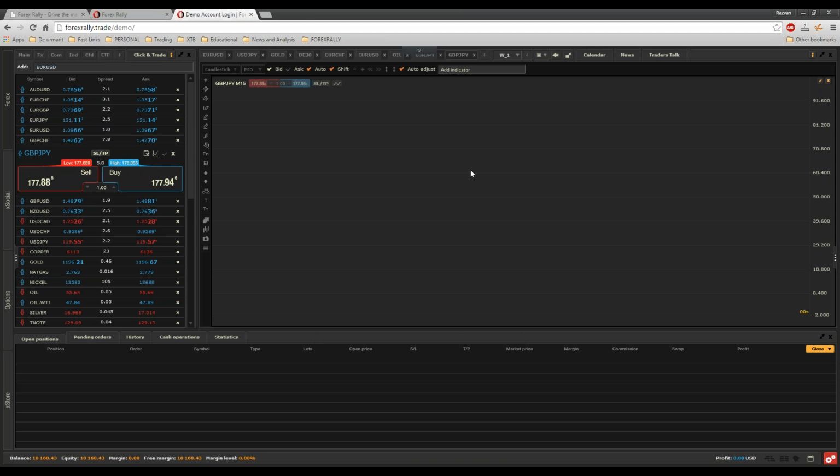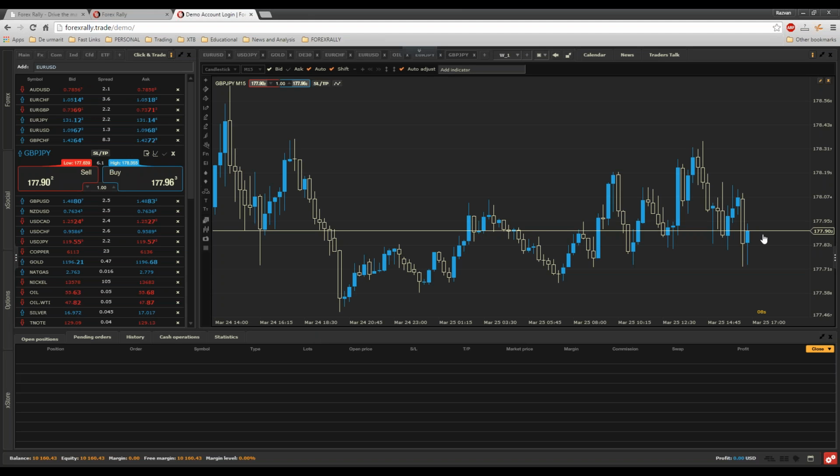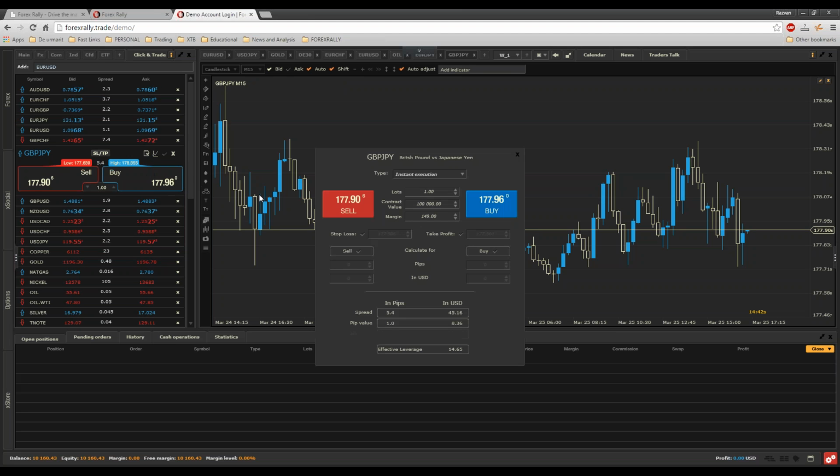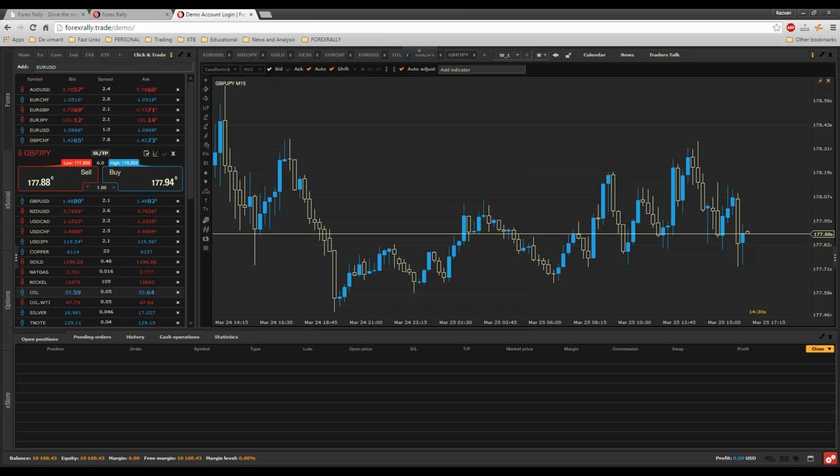Let's open a chart. For GBP JPY, you actually have only 2 digits after the comma. So you have 177.89. This means 0.01. If you divide 100,000 by 0.01, you'll have the amount in yen, and after that the platform will do all the calculations for you. That amount in dollars means $8.36. So you don't actually need to know all these things. Now let's get back to other questions.